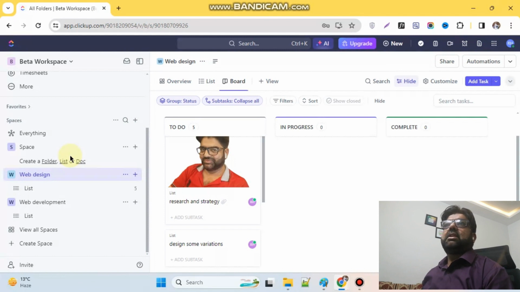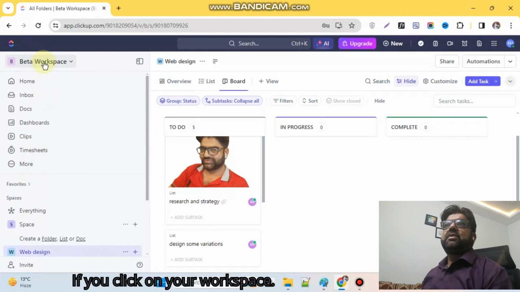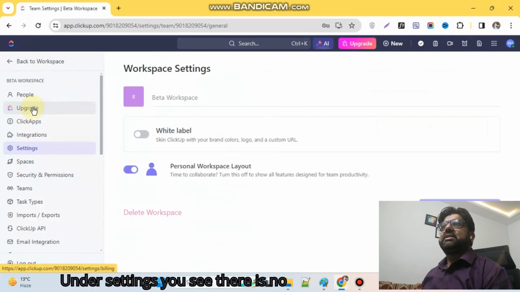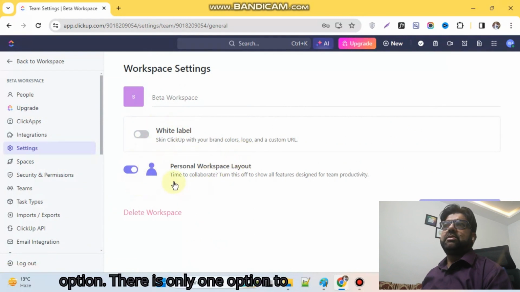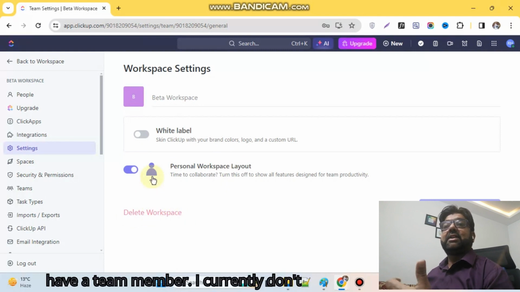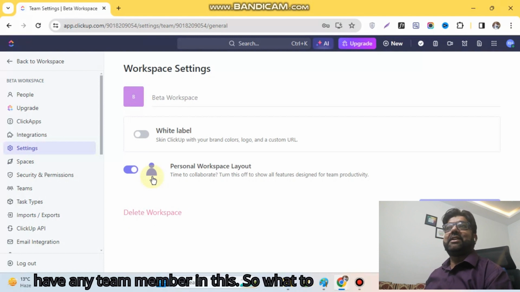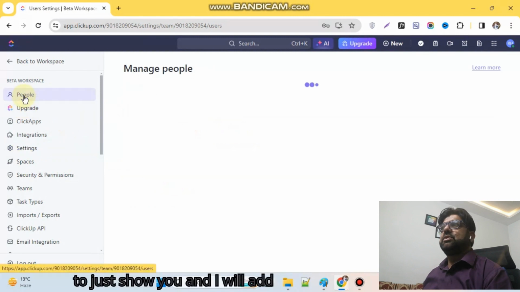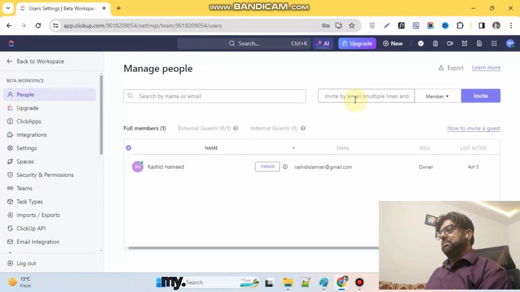So if you click on your workspace, click on settings. Under settings, you see there is no option. There is only one option to delete workspace, because I cannot change the ownership until I have a team member. I currently don't have any team member in this. So what to do? Let's go to people to just show you, and I will add my